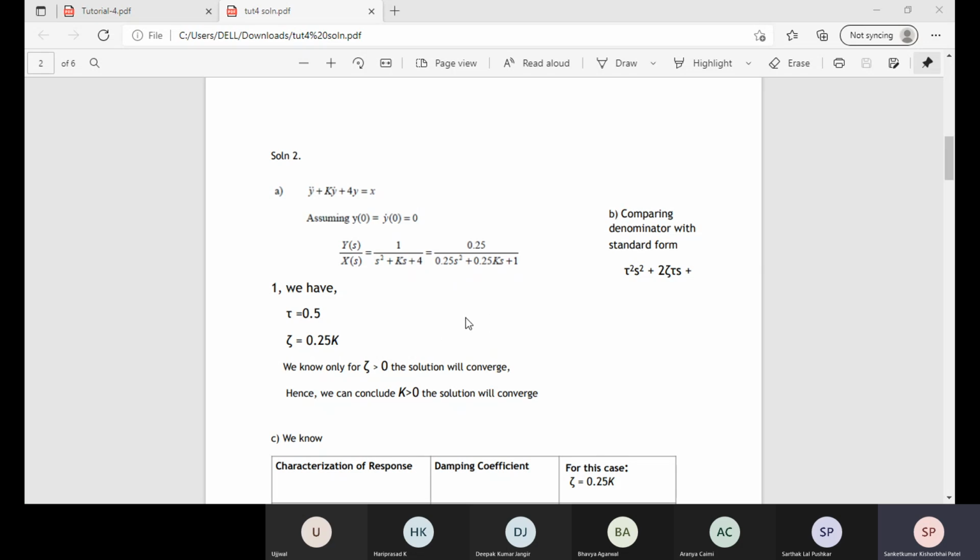As sir mentioned, for any positive value of zeta, the solution will converge. So for any positive value of k also, the solution will converge. From here we obtain that. And in case of the third,